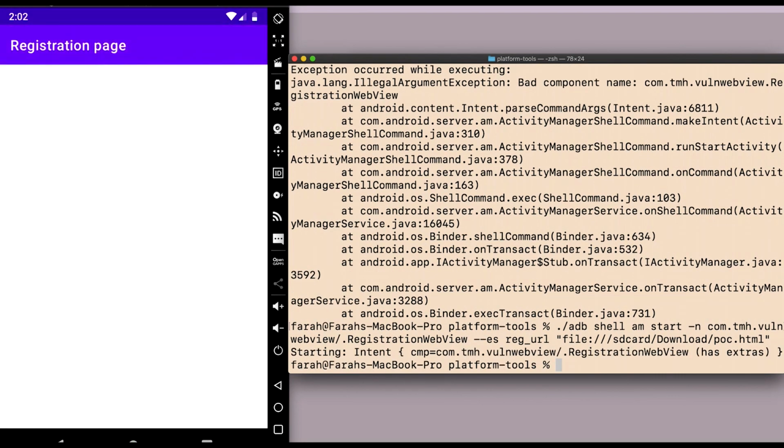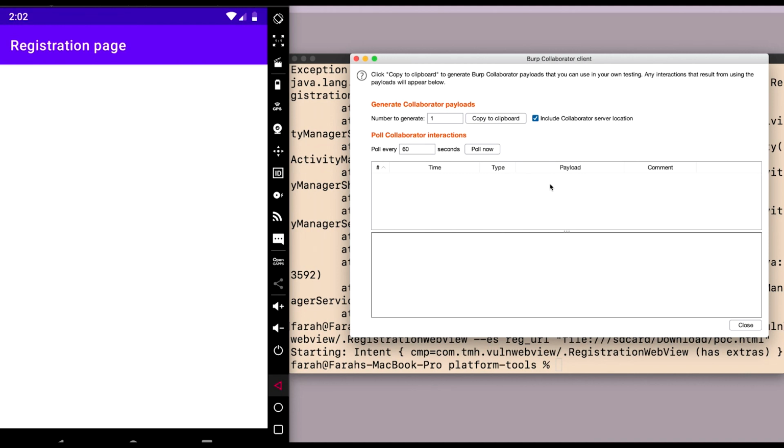So now once I send it, you can see that the intent has opened up the registration page, and there was no response to my exploit code, but I am going to go and check my Burp collaborator link now. So let me quickly open that up.